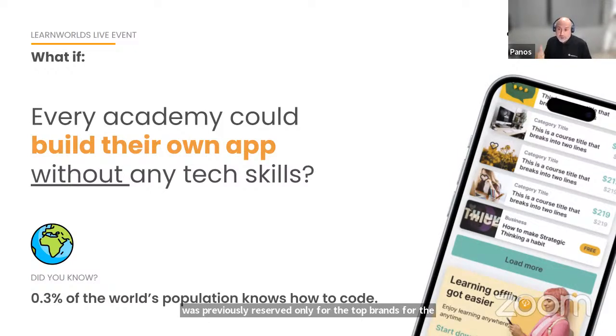And now we are able to bring that at the hands of every creator at a very affordable price, with no tech skills, with no design skills, can get an amazingly handcrafted application that has been created by us and can be customized to each and every occasion. So this is not just a one-size-fits-all mobile application. And as you will see, it's a mobile application that you can fully customize to your own design, to your own liking, to your own audience, to your own customer, design your own customer journeys.